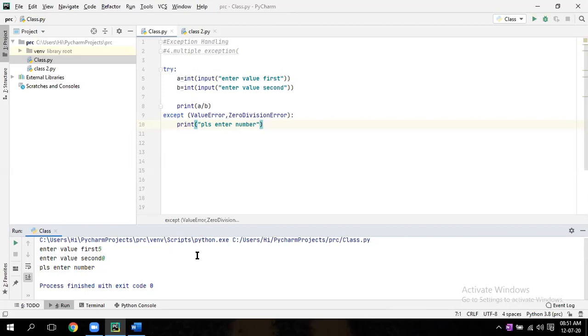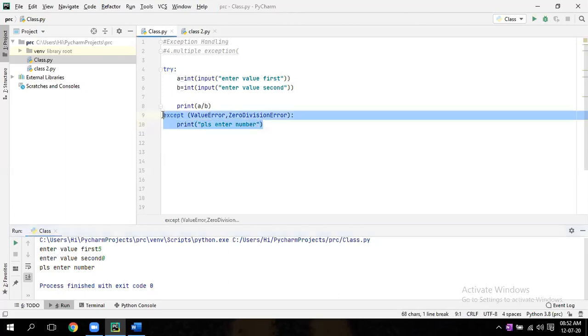But what is the problem here? It is giving the same message for both value error and zero division error, which is wrong, right? Zero is also a number, but we have given the same print for both. So we want a different print. The last two lines, just copy, enter and paste it.